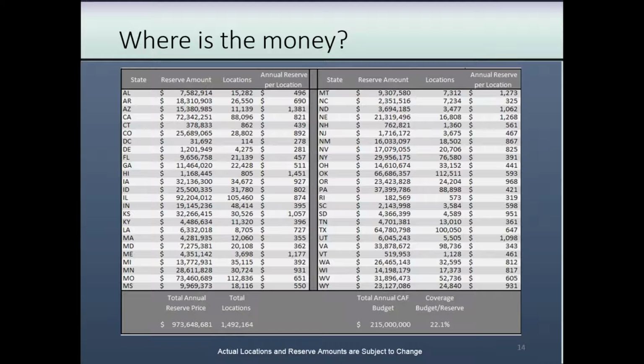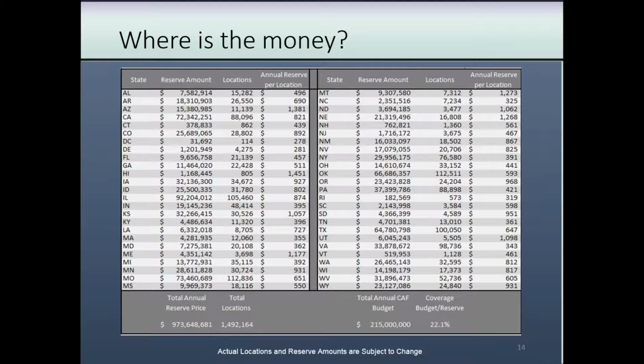Now let me define the reserve price for a moment, because there's some misunderstanding about that. In a reverse auction, one would bid an amount of money for a service area specific to a census block on average, and it cannot exceed the reserve price. That's the cap. That's the budget that the FCC has to work with, and the successful bidder will be at some number at or less than that number in order to be the competitive winner in the auction.